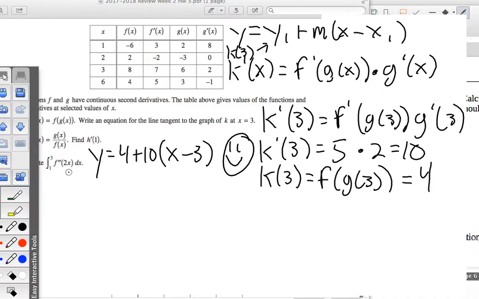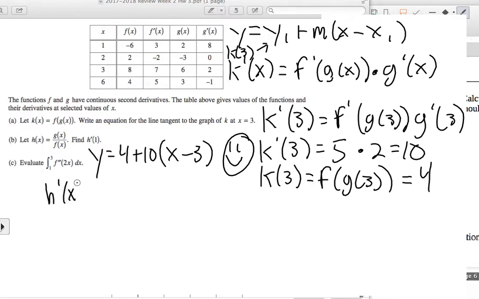H prime of 1, well, this is just doing the quotient rule. So this question is really just testing, do you know some derivative rules, and can you use a table, also tangent lines. So h prime of x, we're going low d high, so low d high